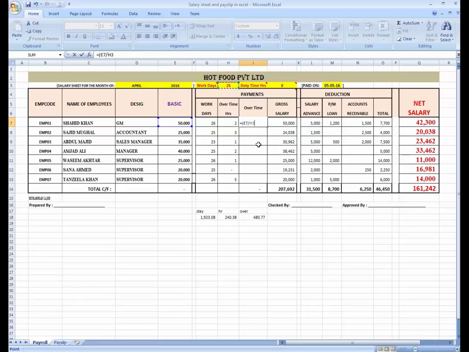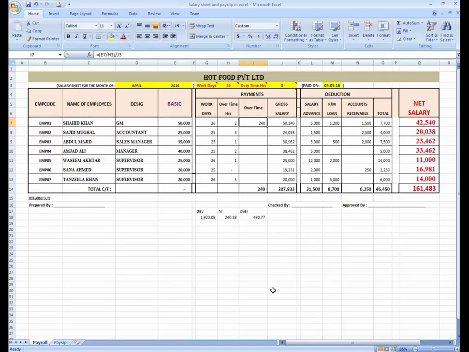And now again I am going to divide by 8, the duty time, which means per hour. Now you can see over here I calculated 240 here, and 240 over here.